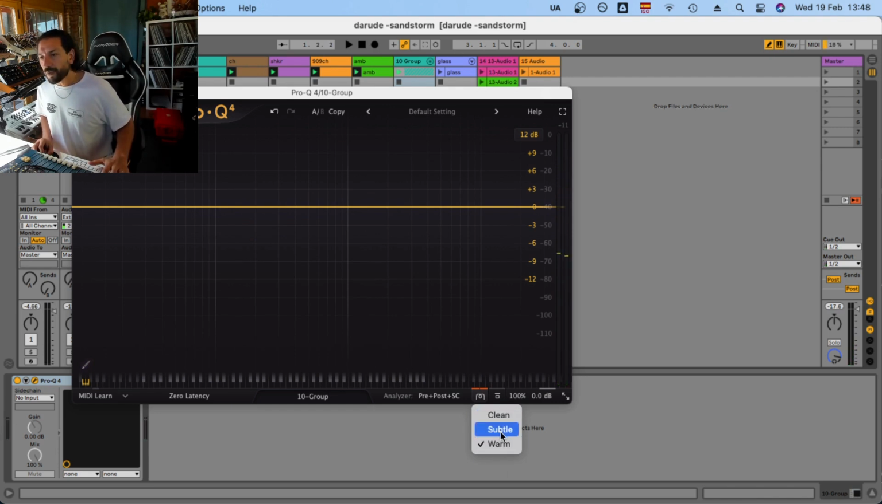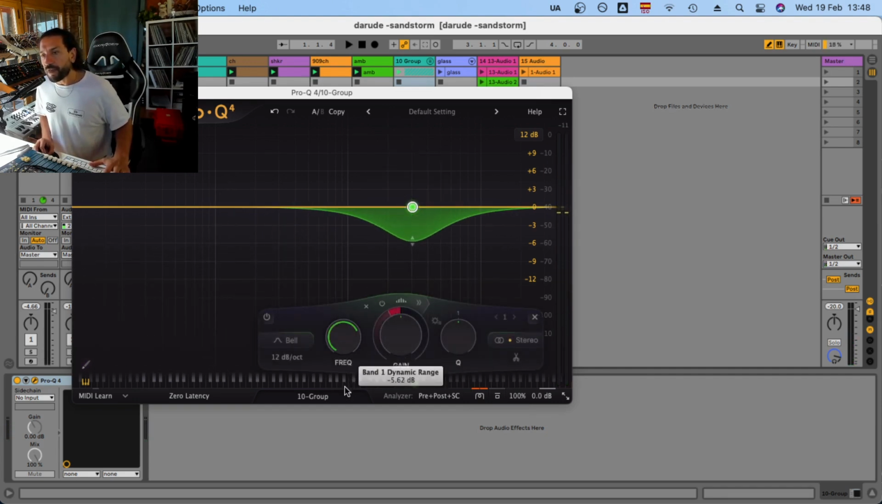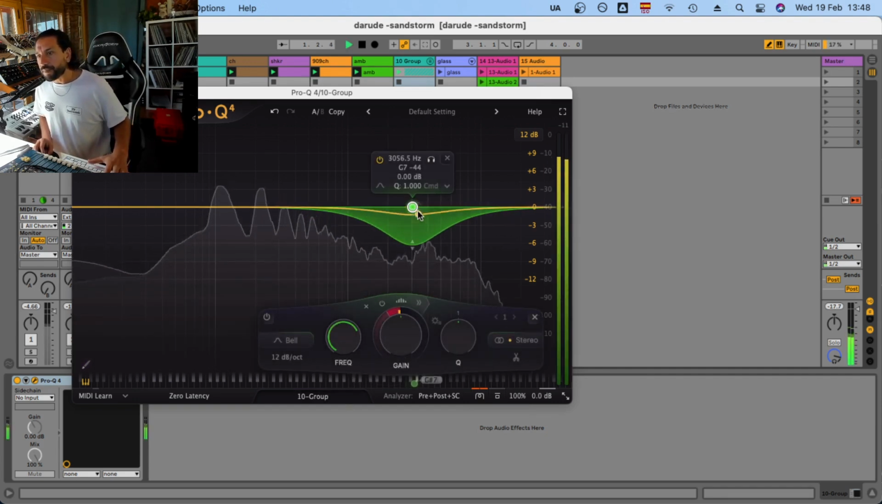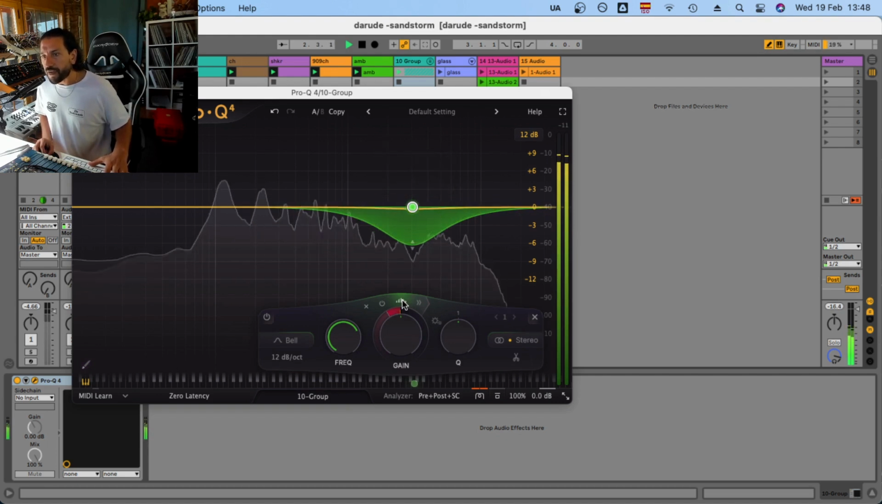The subtle, I don't use it so much because it's so subtle. So that's why when I want color, I want a really nice color and I want to hear it. So that's why I use the warm. And then the cool thing right now, a part of the classic dynamic EQ, is that we have now